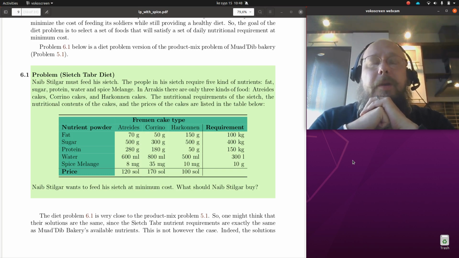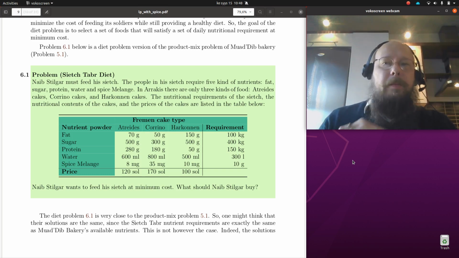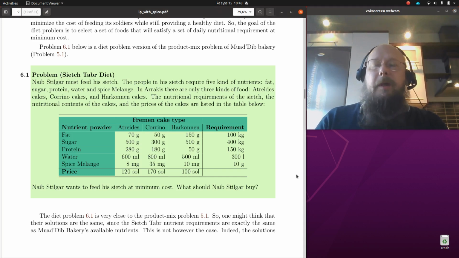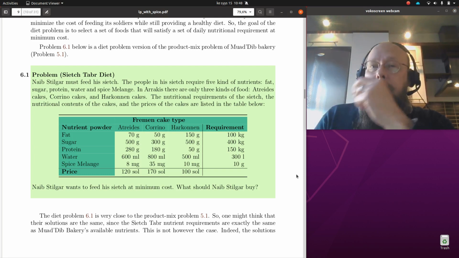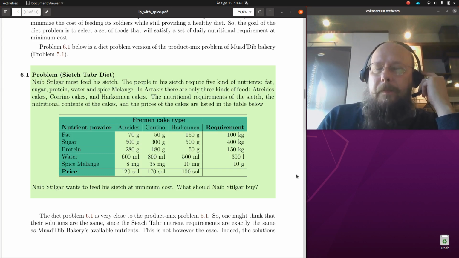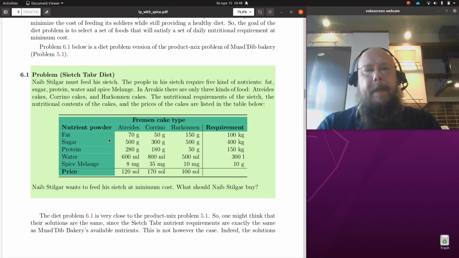We have introduced a diet problem and compared it to the product mix problem of chapter 5. I hope that you have just watched again the video on how to solve the product mix problem, so the videos related to chapter 5. Now we are doing pretty much the same thing for this diet problem 6.1. So we have the problem data here, and we want to buy these cakes as cheaply as possible,